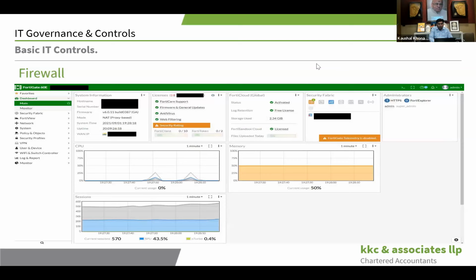Coming to the next slide, it's about firewall. There are two types of firewall. One is a software-based firewall and one is a hardware firewall. A software-based firewall gives some basic protection against common attacks. Generally, they are a part of your antivirus packages.